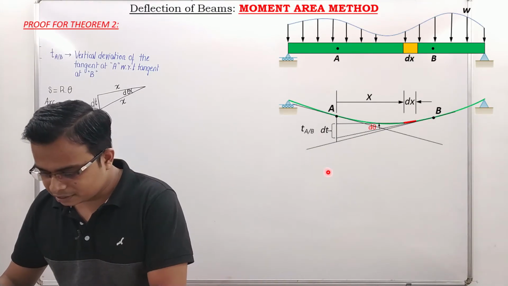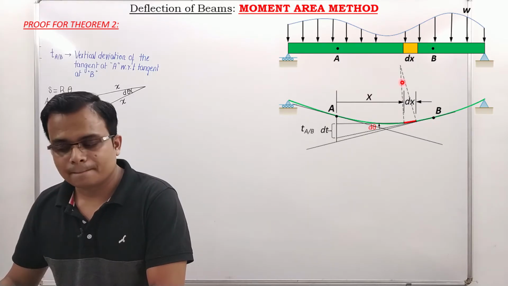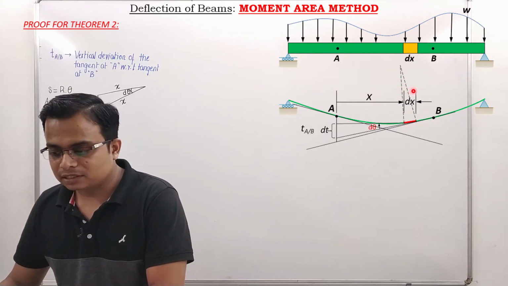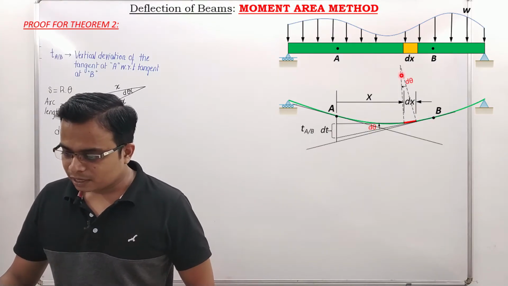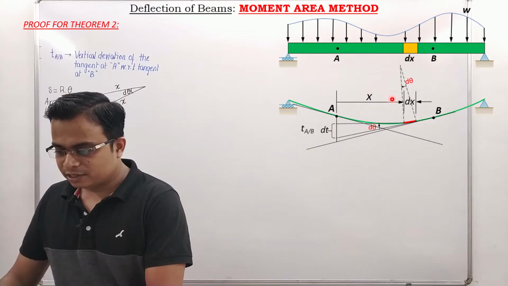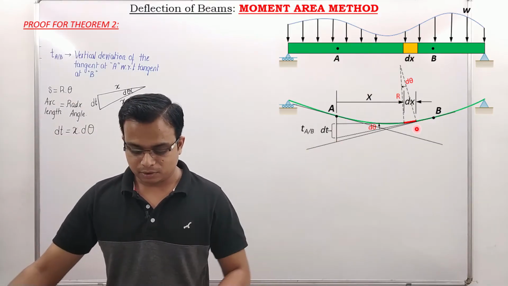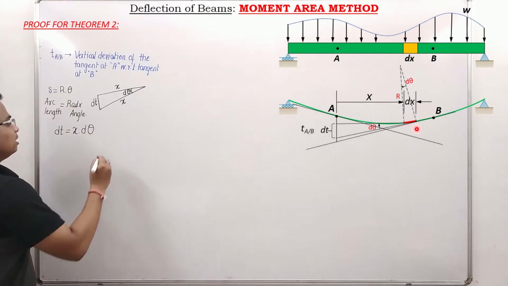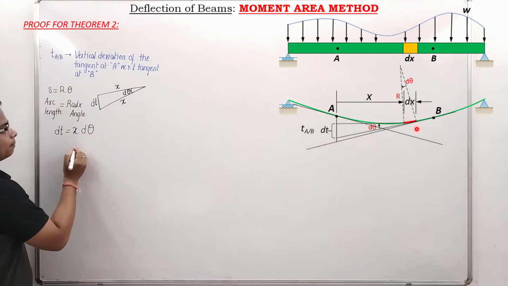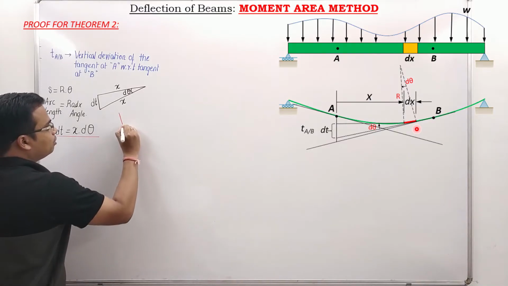Okay, and here it is. Take a look. From this point let us draw, and from this point also let us draw. This angle over here, guys, this is nothing but d theta, and this line and this dotted line, this is nothing but the radius of curvature. You can write it as r. Okay, now just take a look at this. Again, a very interesting case, something like this. So you know this. Now the curvature is like this,